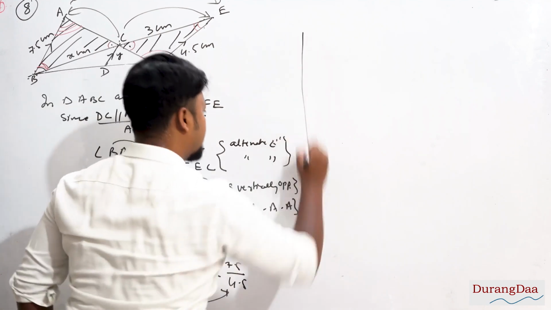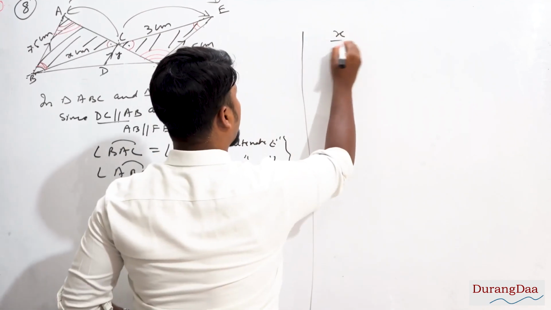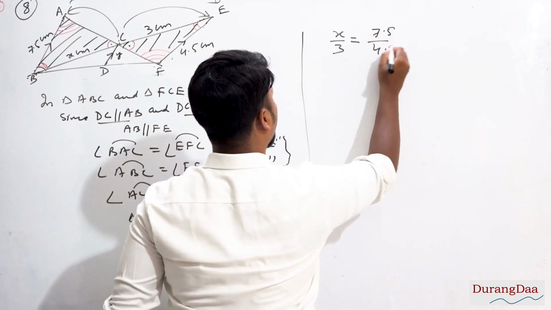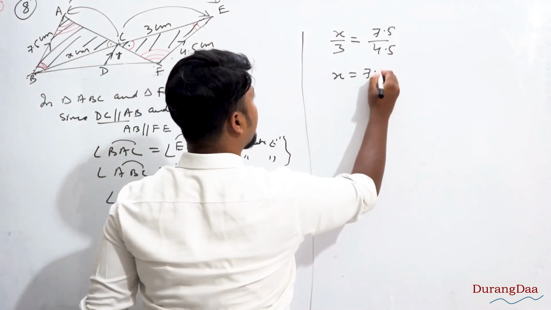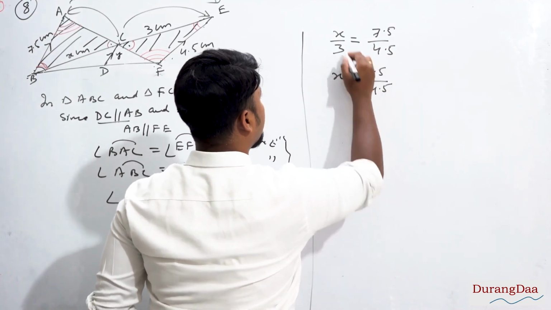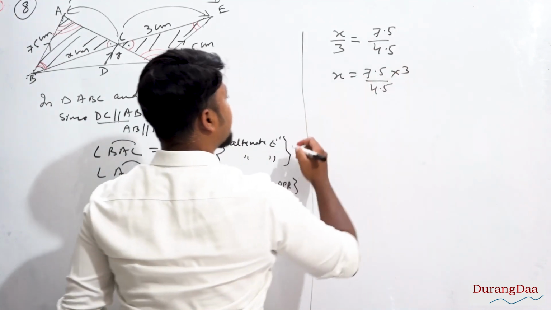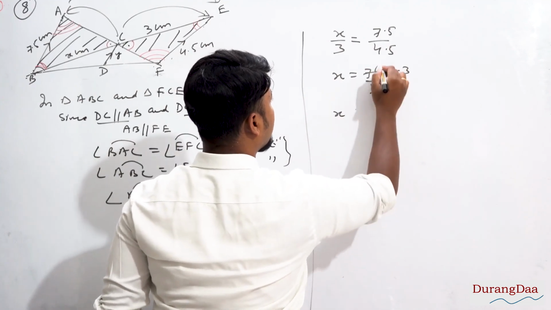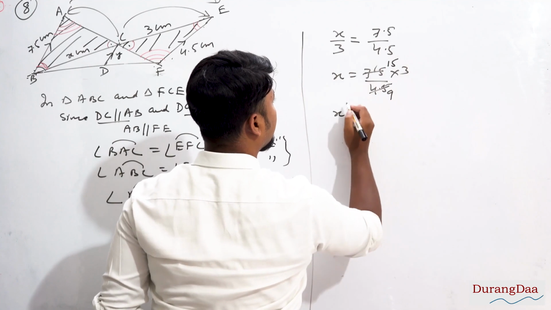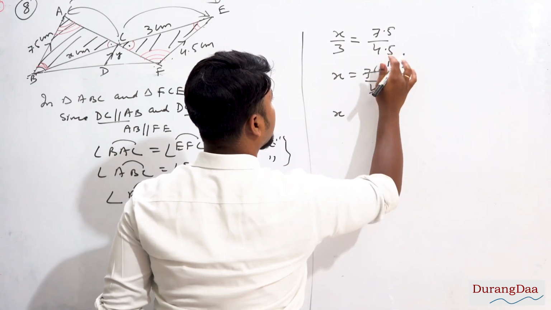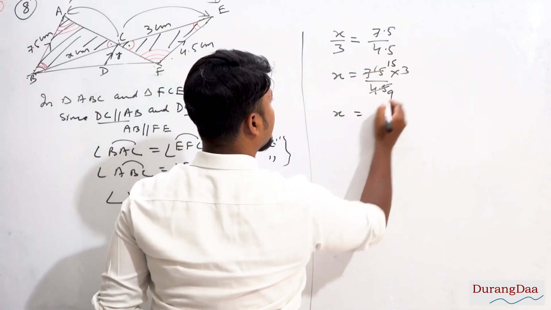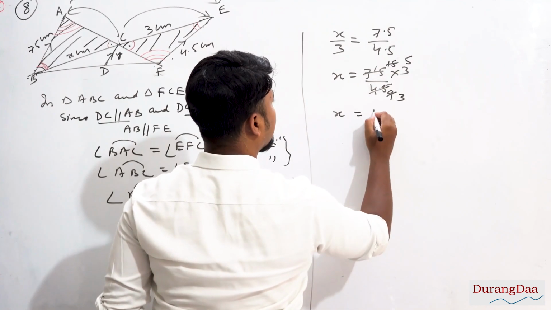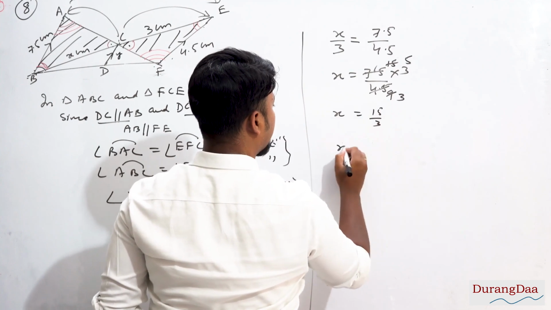Next part here, I'll just copy it once. X by 3 equals 7.5 by 4.5. So this would be X equals 7.5 by 4.5, 3 goes this side, cross multiplication. So decimal is removed. 5 9s are 45. X equals to